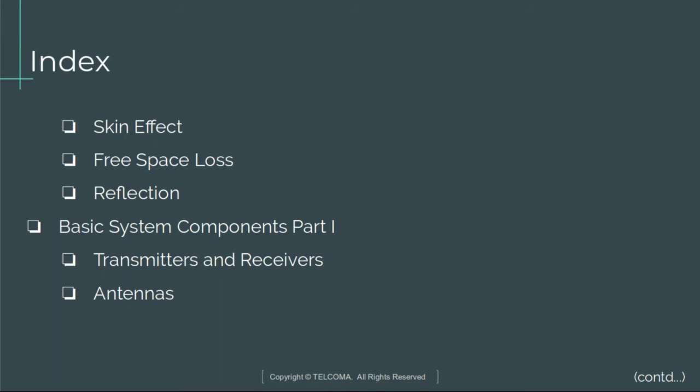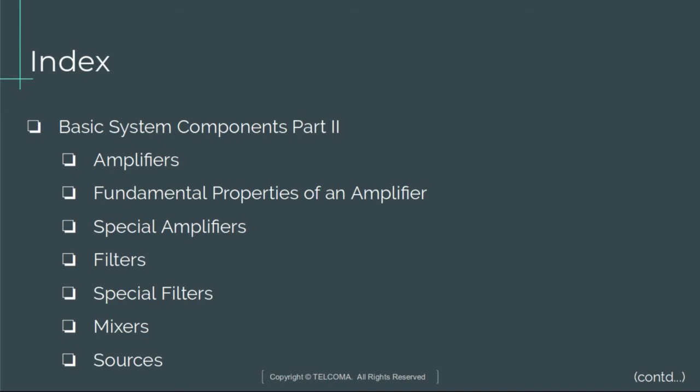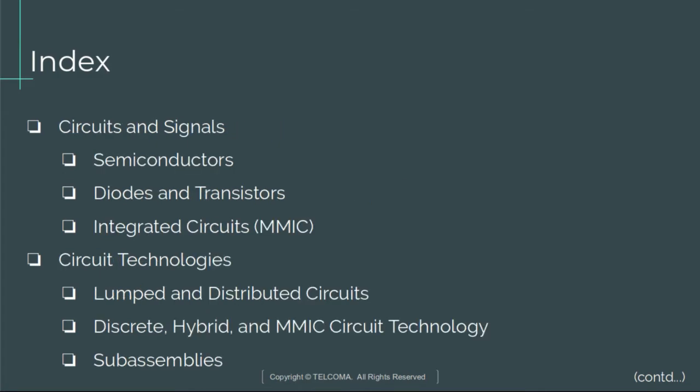Third lecture is Basic System Components Part 1, that includes transmitters and receivers, antennas. Fourth chapter is Basic System Components Part 2, that includes amplifiers, fundamental properties of an amplifier, special amplifiers, filters, special filters, mixers, sources. Fifth chapter is Circuits and Signals, that includes semiconductors, diodes and transistors, and integrated circuits, that is